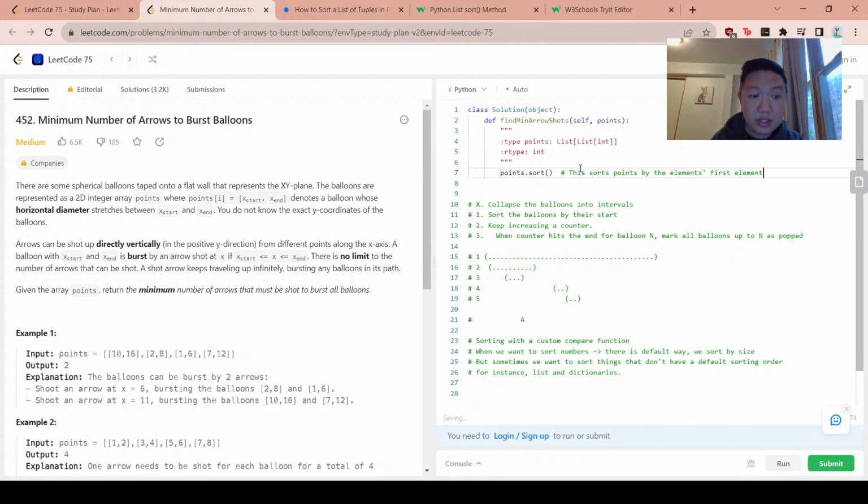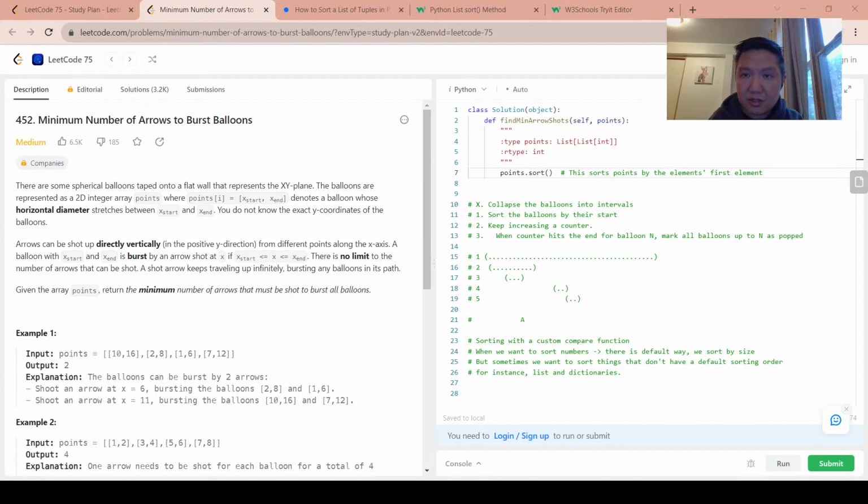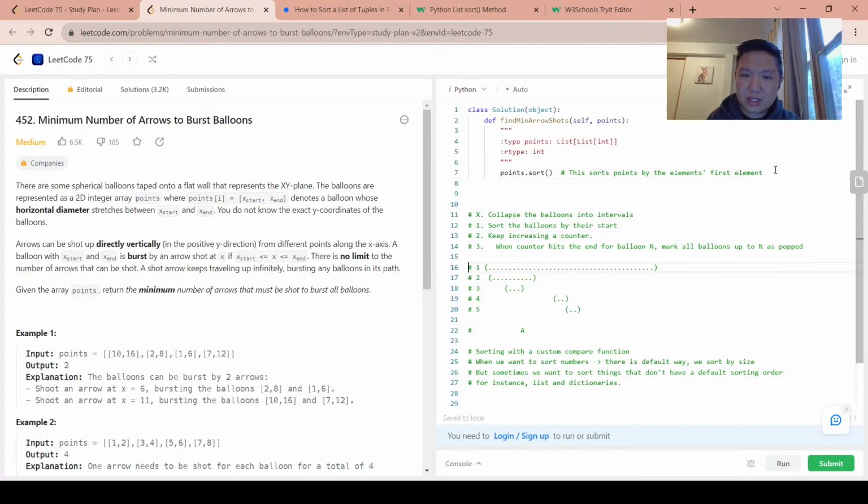Because remember, points is a list of lists, right? Points is a list of lists. So we get something like this. So now we go through